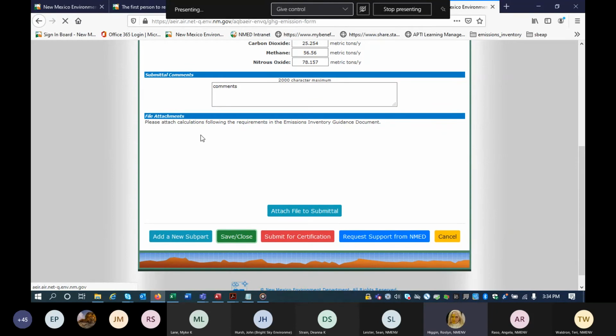Operators who have basin-wide facilities that are below the metric ton threshold are not required to report. Just to confirm, if you are reporting to EPA, and there are certain reasons why people report to EPA that have less than 25,000 metric tons, that isn't a hardcore threshold that we ask that you submit to us. Is that clear?